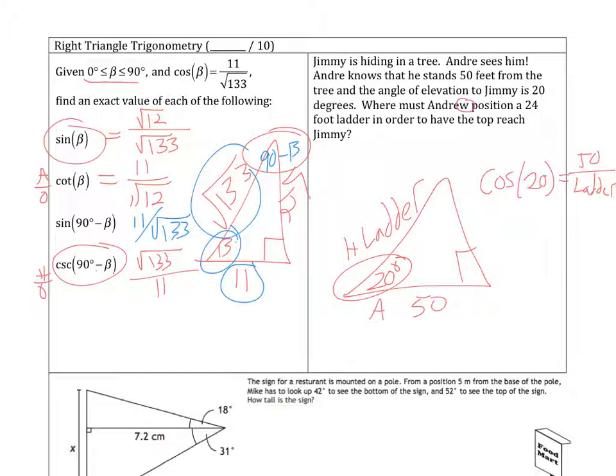When I do this out, we end up with 50 divided by cosine of 20. And that would be an acceptable answer. If you'd like to actually get a number for this,